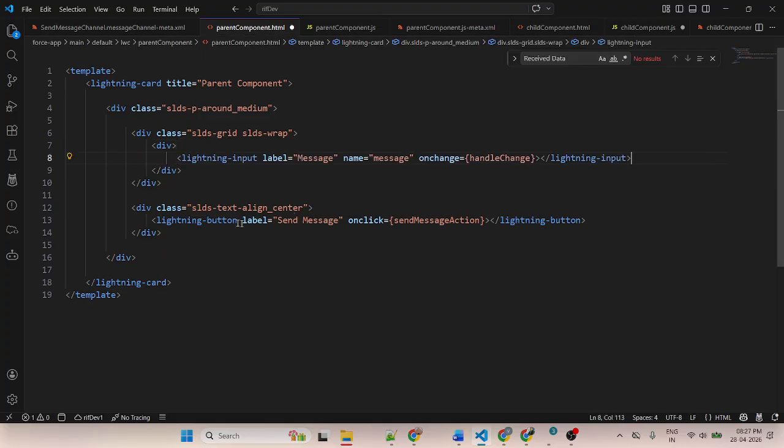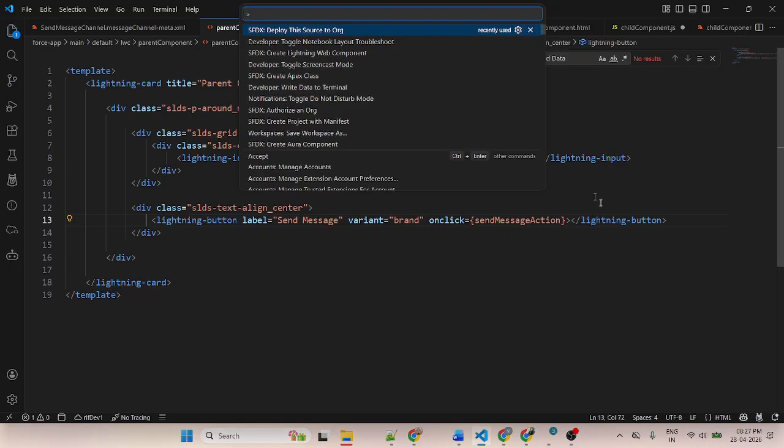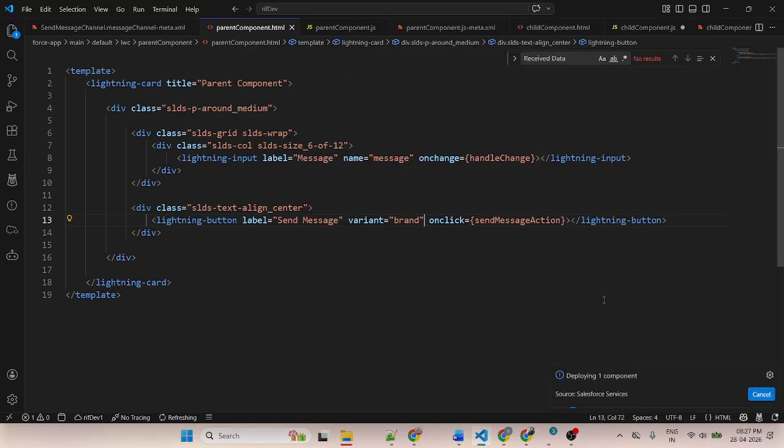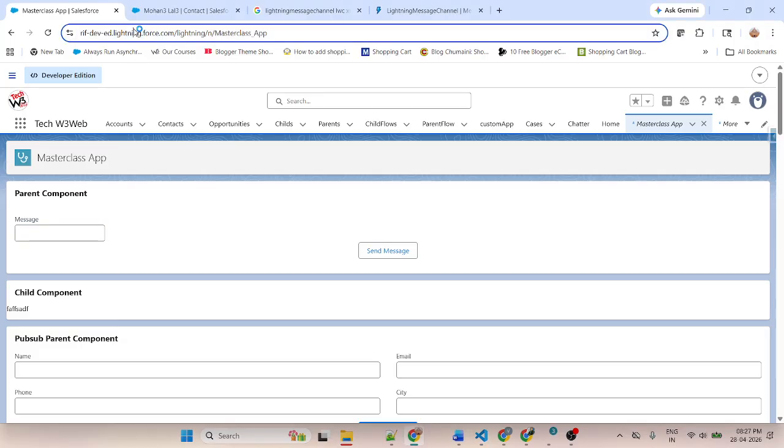Here use the lightning-input field, then class SLDS-col SLDS-size_6-of-12, and the button variant brand. Then save, deploy the code. Now refresh.